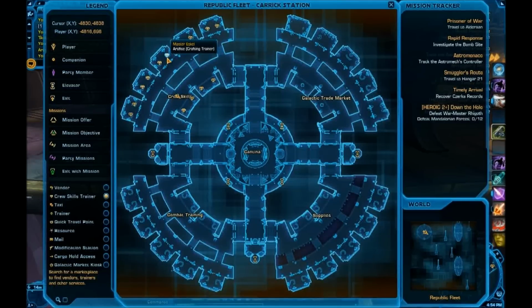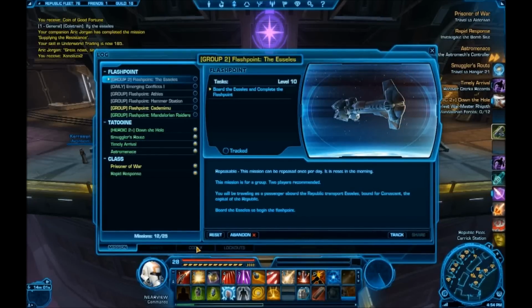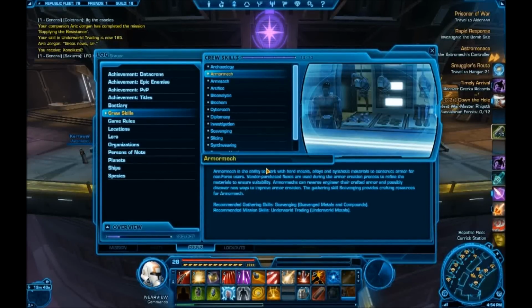Once you decide what you want to be, there are several different things you can do. When you come up here and talk to each one of these crafters, it's going to give you a codex entry, and you can get to that by pressing the L key, coming here to codex, and then going to crew skills. It shows you all the different skills that you can get, such as archaeology, armstech, armortech, artifice, and so on and so forth. You can basically select one, and it gives you a brief